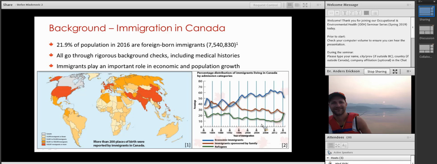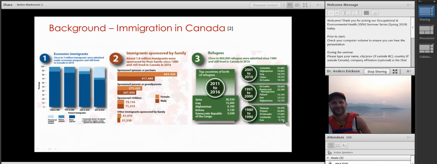And then you see this uptick. From 1996 onward, you start seeing this divergent pattern of prioritizing economic immigrants, and then this uptick later in the years, which corresponded with the refugee intake from Syria. So that's a little bit further information on the background of immigration to Canada. For the economic immigrants in past years, can you see this one? Yeah. Later in these years, we start seeing what are called provincial and territorial nominations.